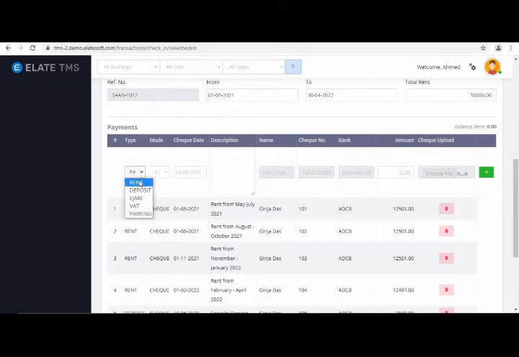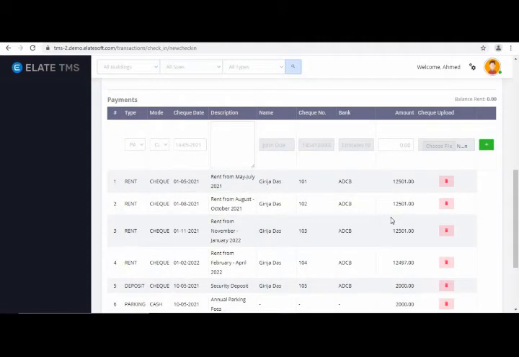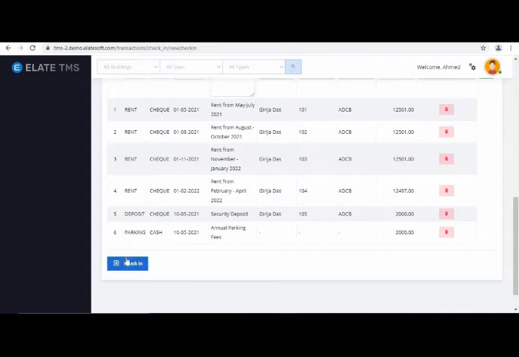You can click on the rent option, and then you can add the check details, and you can enter the different reference details, the check number, the bank and the appropriate amount. This way you need to break down the amount of the rent, and also if there are other things that you need to pay for, like the security deposit and the parking charges, all that information can be added here in the same menu. And once you click on the check-in option, the tenant is checked in into the system.